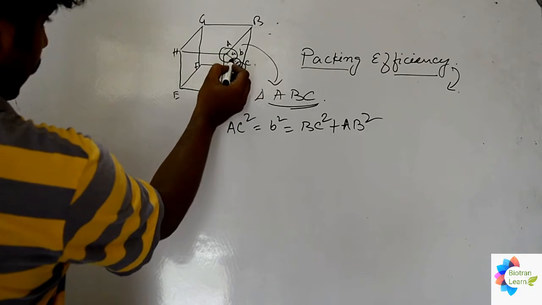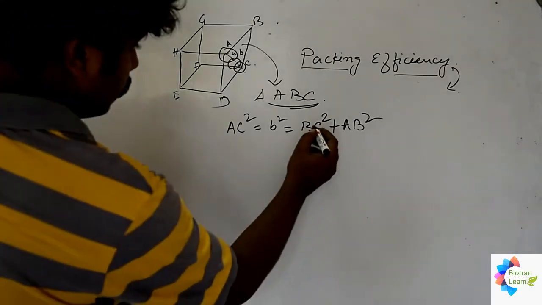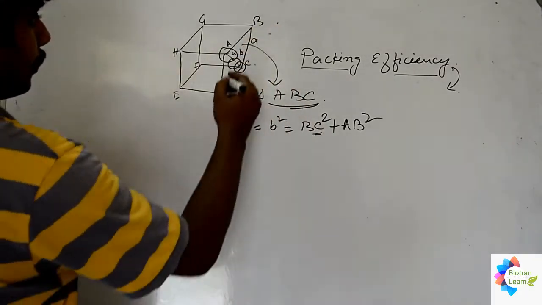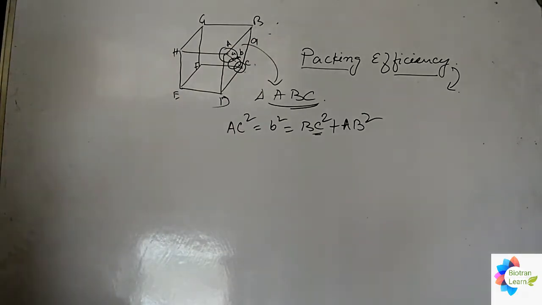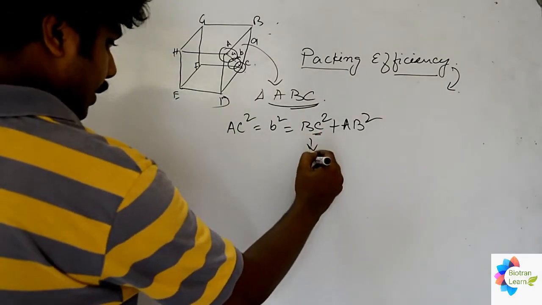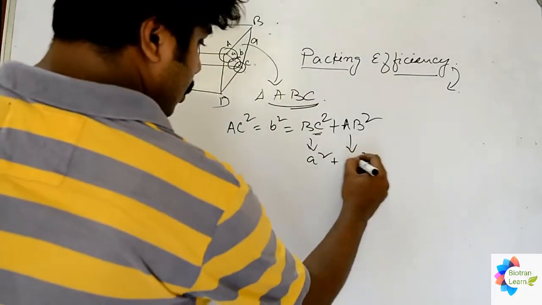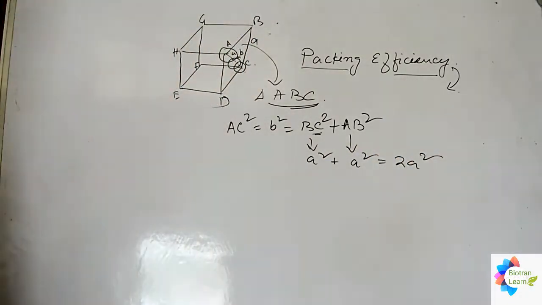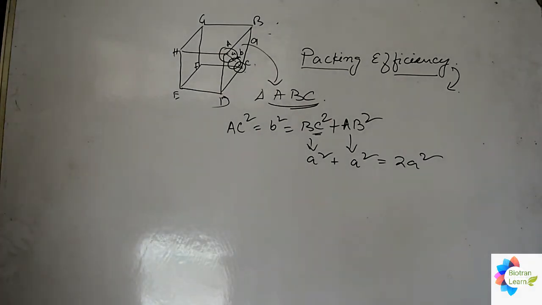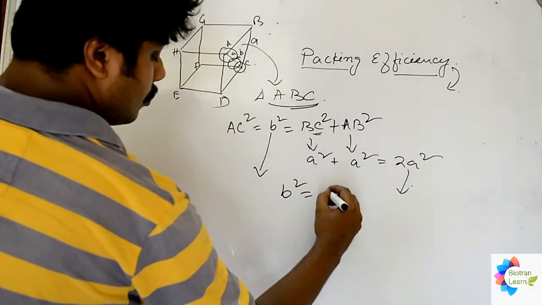this is A, this is 2A, and this is half A, right? Then how can we write this one? So BC square, this is also A, this one was also A, right? We can take it as A square, and this one is also A square, right? And afterwards, we will be having a 2A square as a sum, right? Now if we put down this one and this one together, we will get B square is equal to 2A square